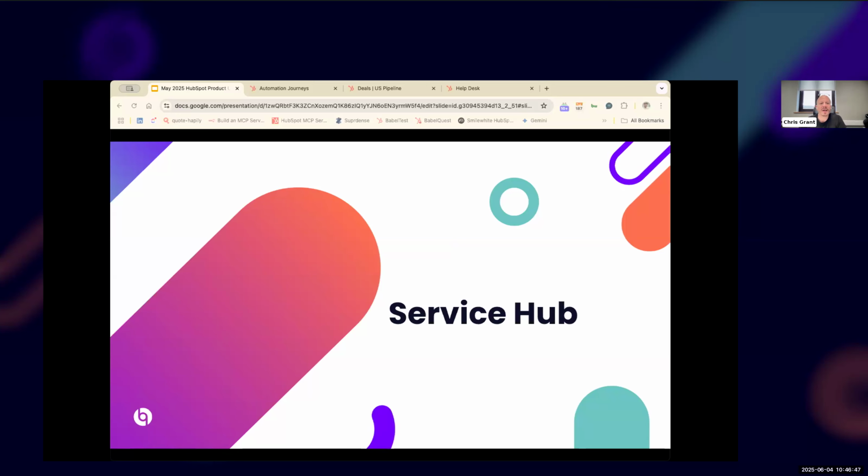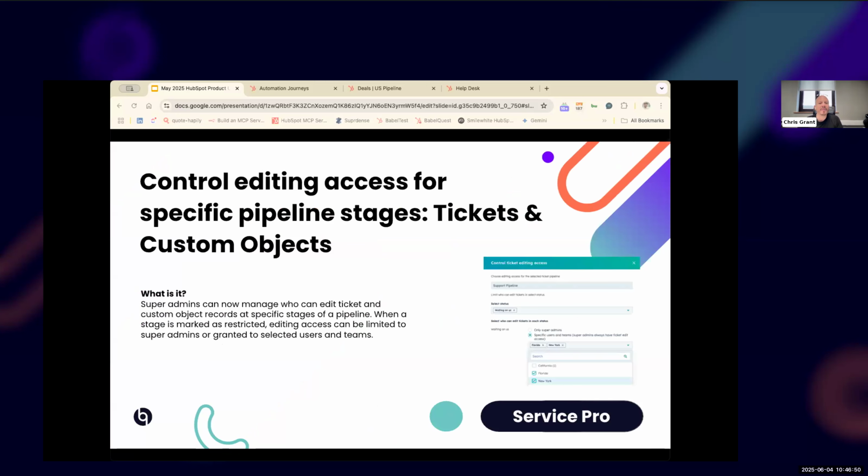Moving on to Service Hub. This one, I actually couldn't find this update. I don't know where it is, but